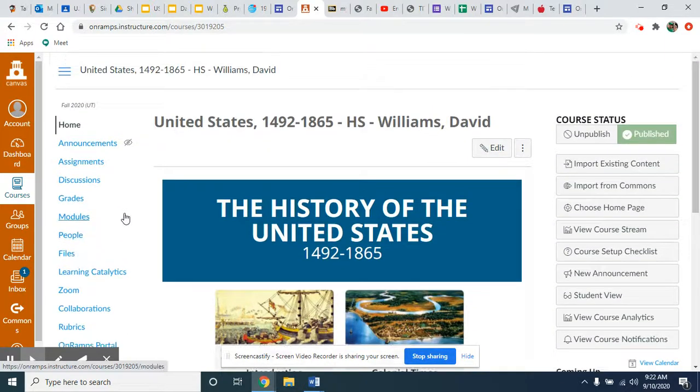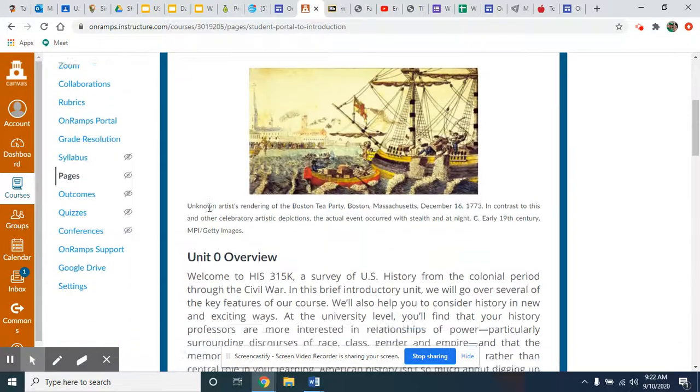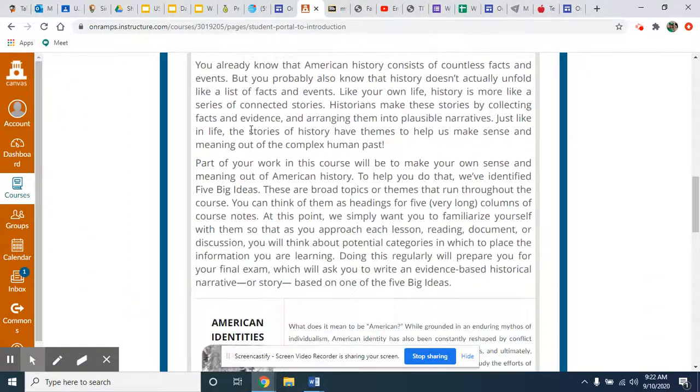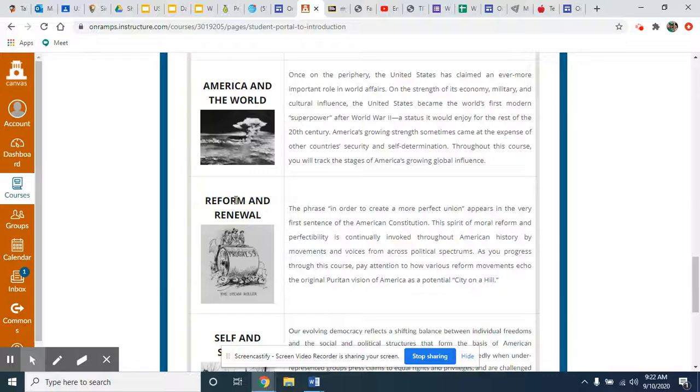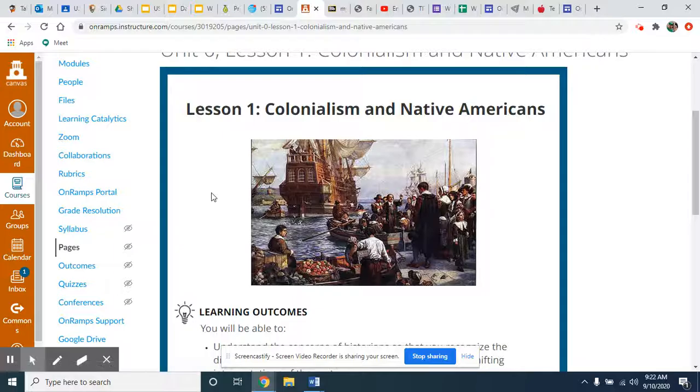Other than that, you'll be clicking on your assignments. This is Unit 0, what we'll be doing next week, and it just brings you into this. It's got the big ideas, which we'll talk about later. Then it has lessons 1, 2, 3, 4, and a couple of quizzes down here. You're going to be working with these lessons next week. You click on a lesson, and it takes you to a new window. It's pretty simple to